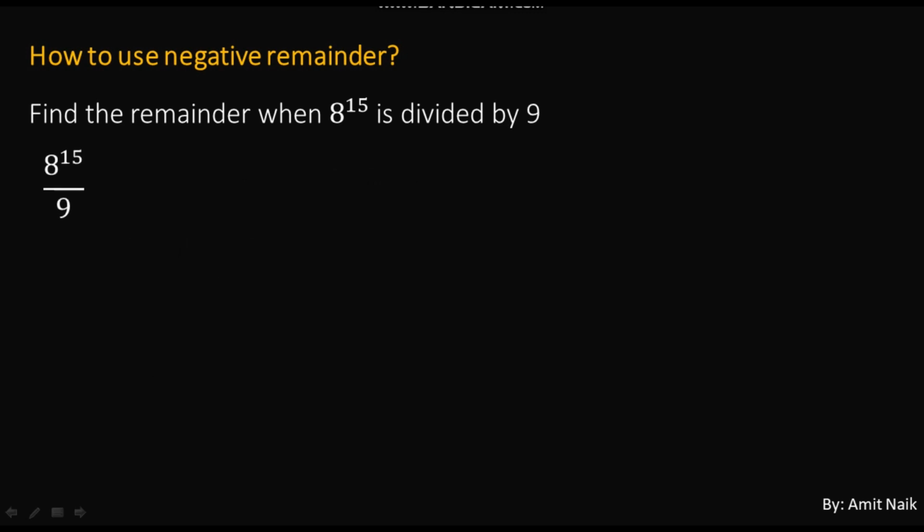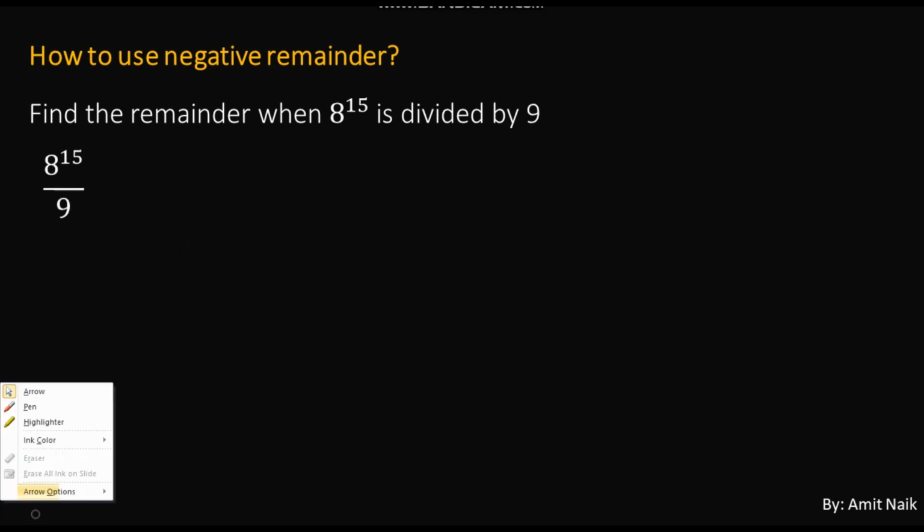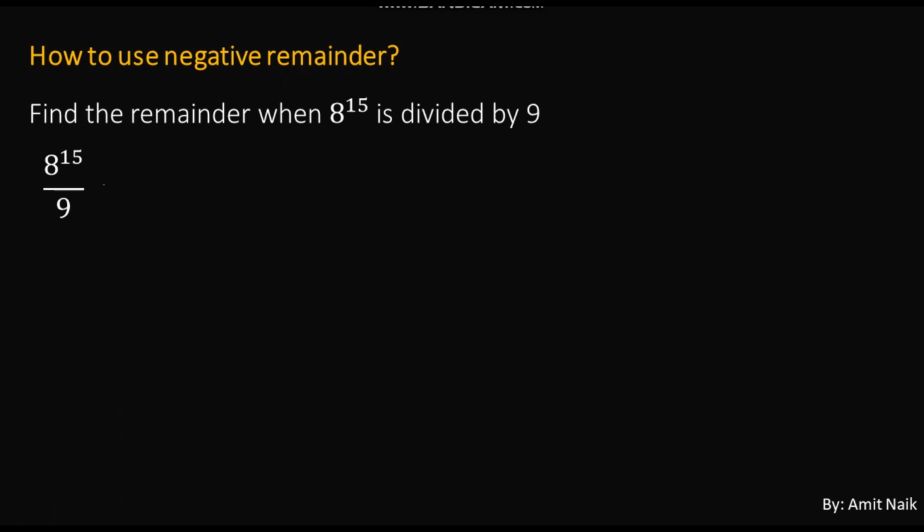Now if we look at this question, it also looks the same like the previous one, but the divisor here is 9. So I need to multiply 8 in the numerator 15 times, right, divided by 9. Now 8 divided by 9, each term if I divide by 9, I'll get 8 as a remainder, right? So the next step turns out to be the similar one, the same one rather, right? Now I cannot find out 8 multiplied, the remainder 8 to be multiplied 15 times, right? That is going to be a huge calculation.